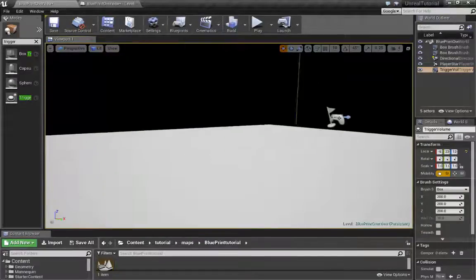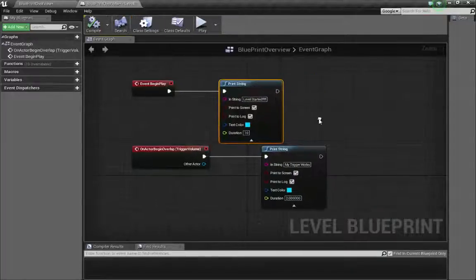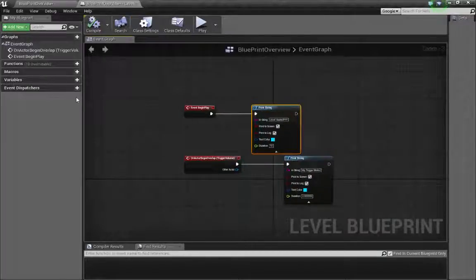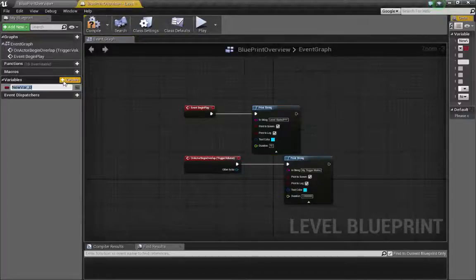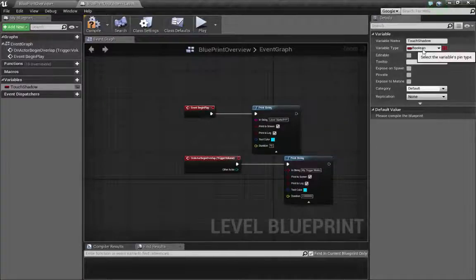Let's do something a little more complicated so we can start thinking about variables and such. What else can we do in Blueprint? Let's create a variable. So if I touch the shadow, what I did is just click on this variable plus, and by default it creates a bool. So we've got the boolean, and what we all know about a boolean, it's either true or false, zeros and ones. So I created the bool,